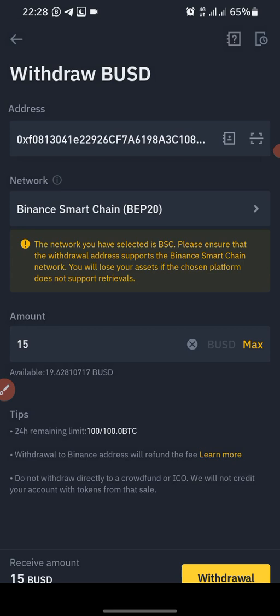At this point, you might not be able to see my screen because I'll be inputting some sensitive information like my password. The same will apply to you if you want to move from your Binance to any wallet.